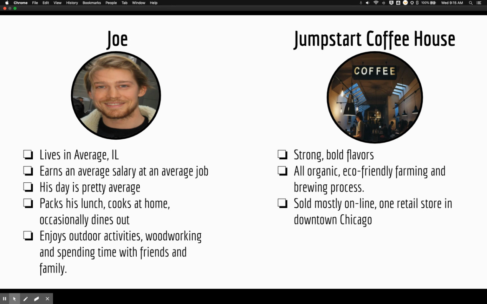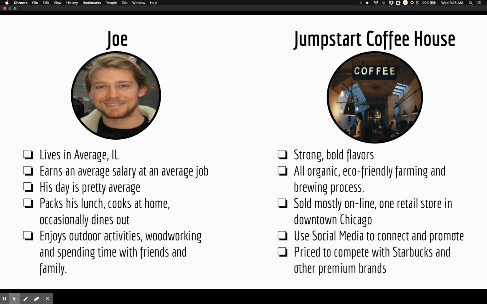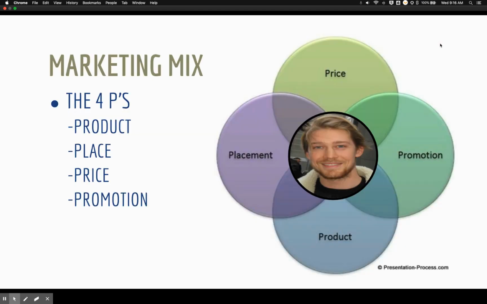So they are what we would refer to as mostly a direct-to-consumer purchase. They're big on social media, and they use social media to connect to their customers and promote their business. And they are priced to compete with brands like Starbucks and some of the other premium brands, Intelligentsia and things like that. Okay. Now, the reason why we bring these two together is, as I said,